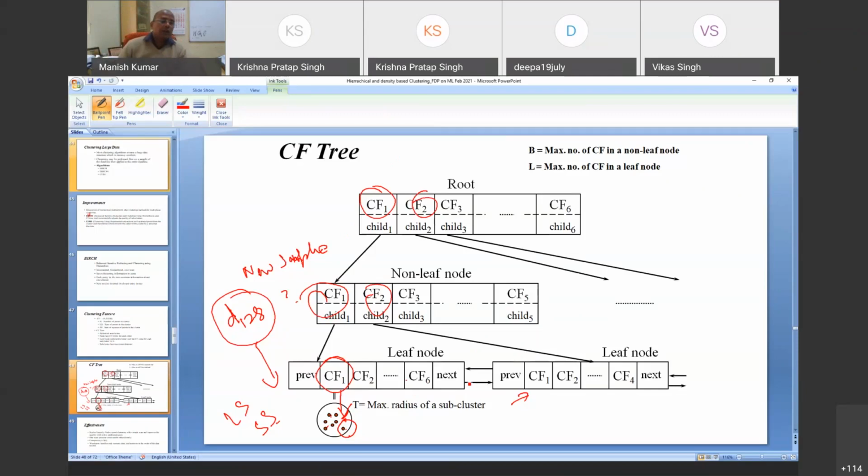And hence the D128 will take their place according to the ordering of the item, or depending upon the closeness of the existing data. So that happens, and then re-updating all these CFIs, the structure will be the same. Similarly, as many new samples come, those samples can be fed into the structure. Certainly, the moment you require more levels to be created, that can be done also. So as many data points as you want, you can accommodate in this. That is what we do.